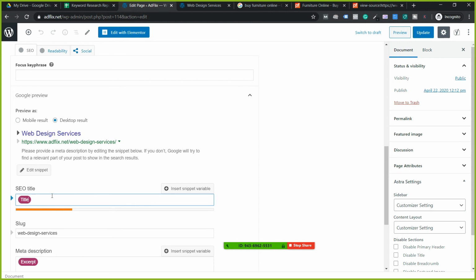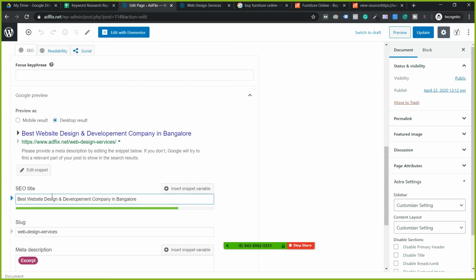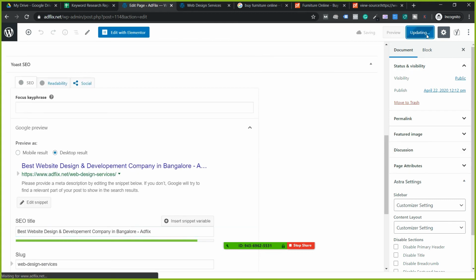So here I'm going to delete this, because if I forget, that will be taken, but still I'm writing it. I'm going to paste it here, and afterwards end with the company name. This is what I told: begin with the keyword, end with the domain name, beginning letters caps, hyphens are the best separators. There you go. And then update this page.